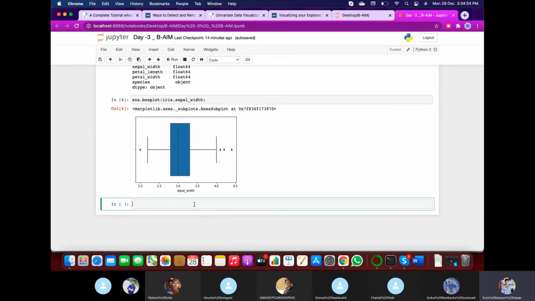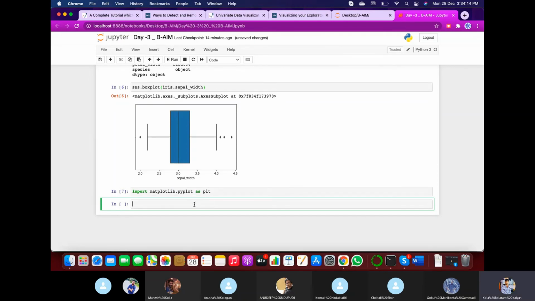If you want many others, you can import them from the matplotlib library. This is the library which we generally use for visualization purposes. Matplotlib.pyplot. Matplotlib is like a matrix plotting library where most of the Python plots are present.